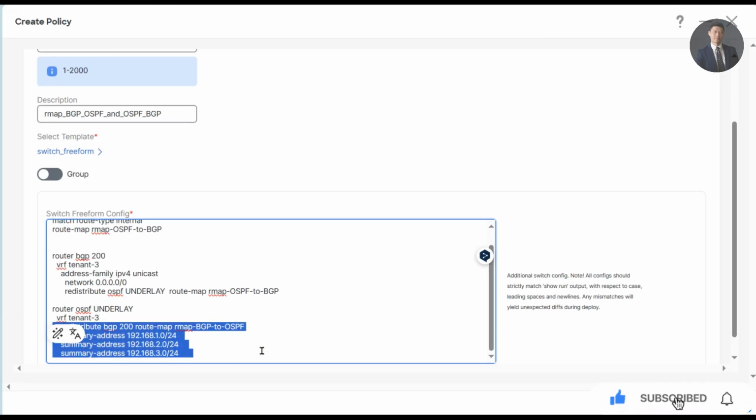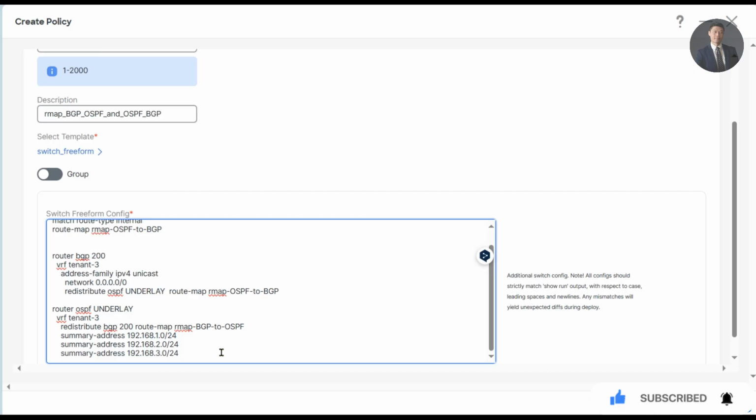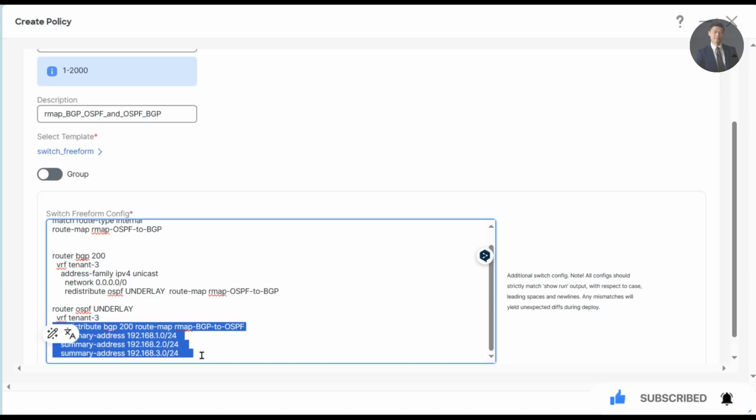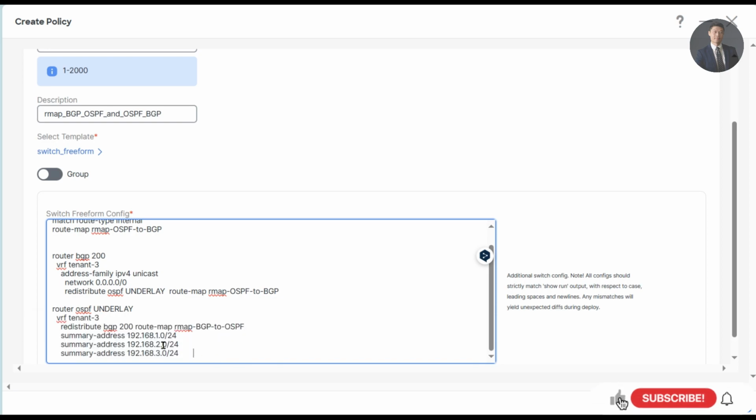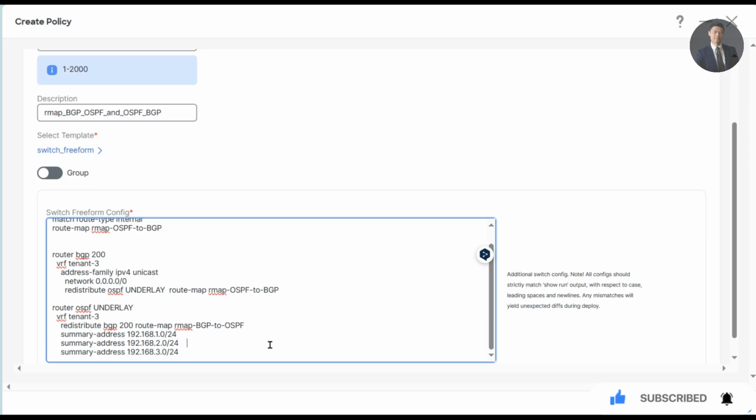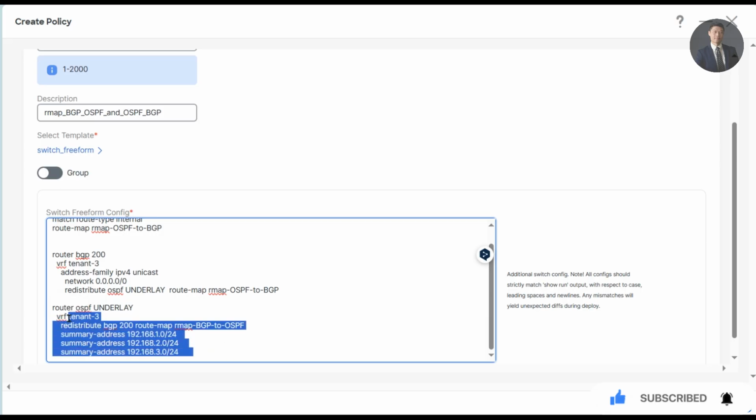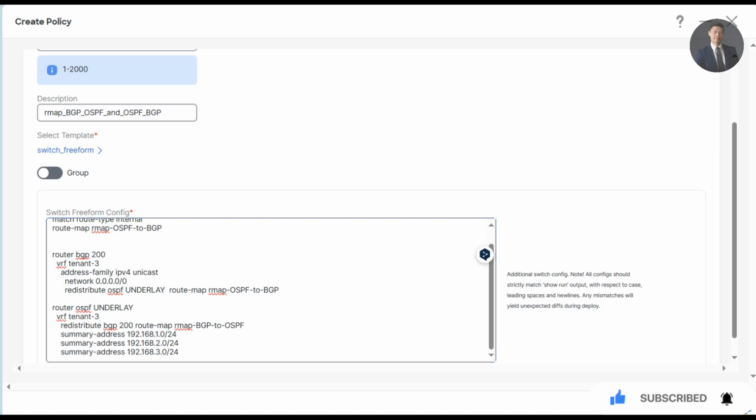We have tenant 1, 2, 3, and the first VNI subnets. So there's a 1.0, 2.0, 3.0/24. Instead of host routes, we're giving a summary route. Okay, click save, you understand, and